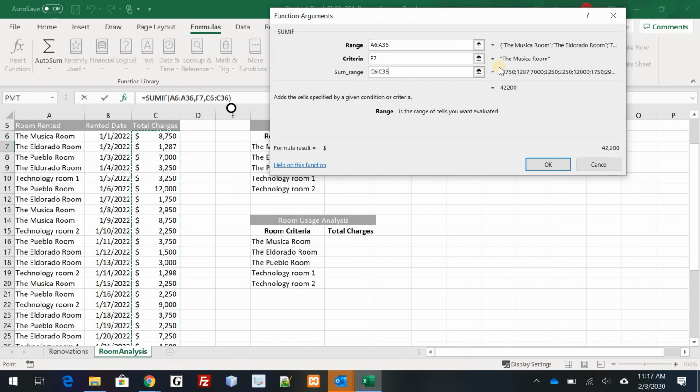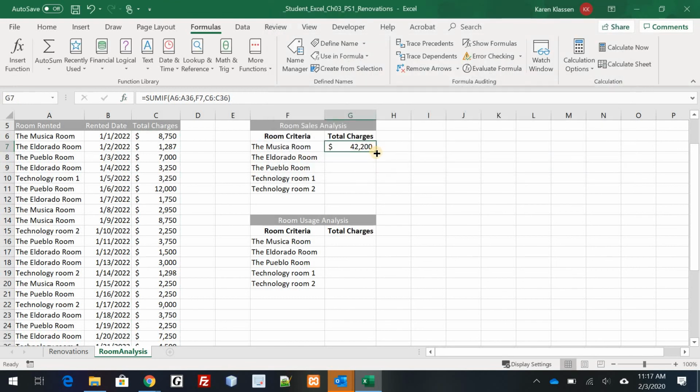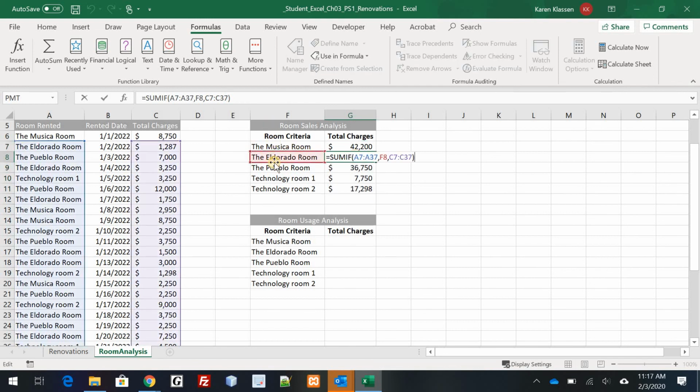If at any time you have an error here, don't click OK. You need to fix that error so that you can get it right before you click OK. And then we're just going to copy this down, and notice that it went to El Dorado. Oops, can't do that. Okay, notice